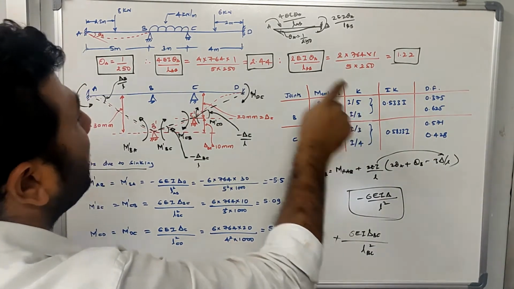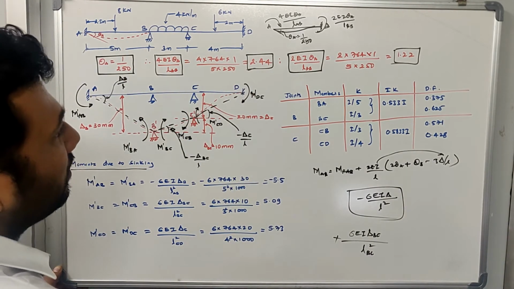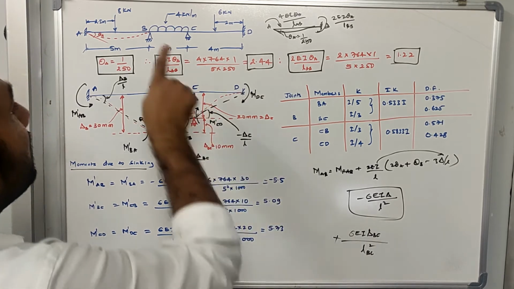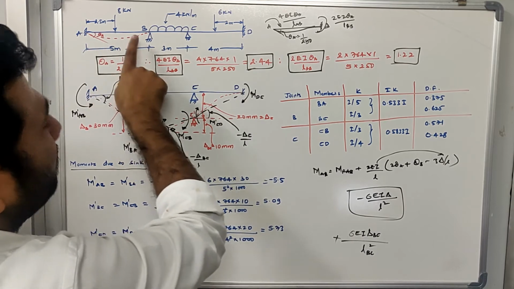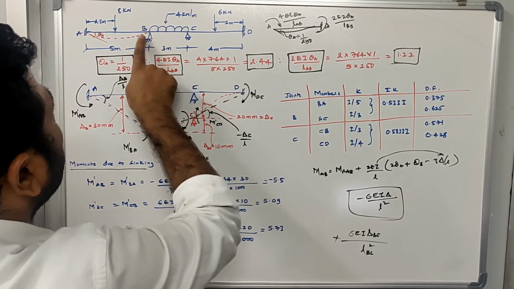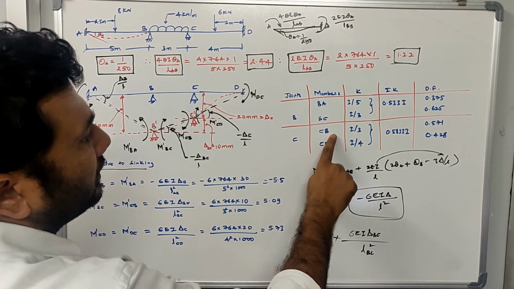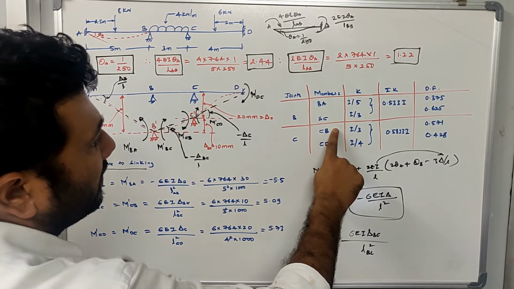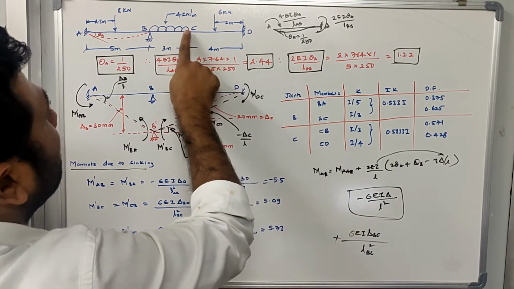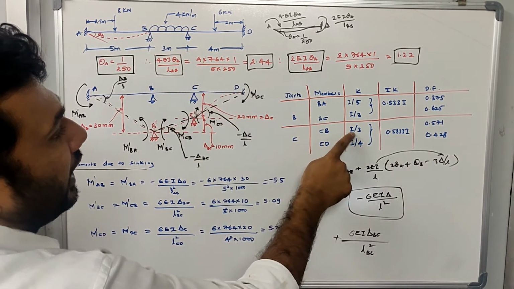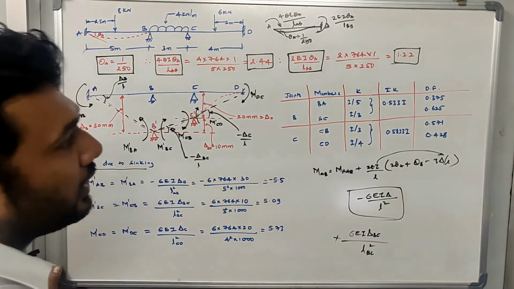The stiffness value for BA: you see here, I is remaining constant as explained in the given problem. E and I are constant, so the only variation between individual members is the length of the members. So let us go for BA. BA is I by 5. Now BC is I by 3. Now let us determine the relative stiffness value for CB and CD. C is the joint, CB and CD are there. The length of member CB is 3 meters, that's why I by 3, and the length of member CD gives I by 4. Now we have solved all the relative stiffness values.